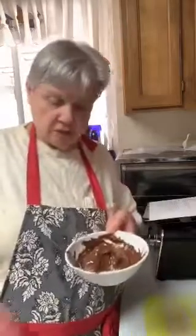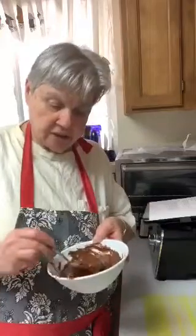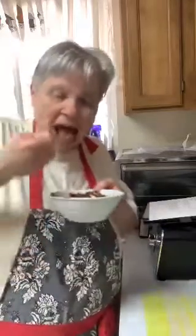But as you can see, this came out so good. It's trying to melt down on me, and I'm trying to keep it from melting, but it is so good. I don't want to put it in the container because there isn't much here to put in the container, but oh man,